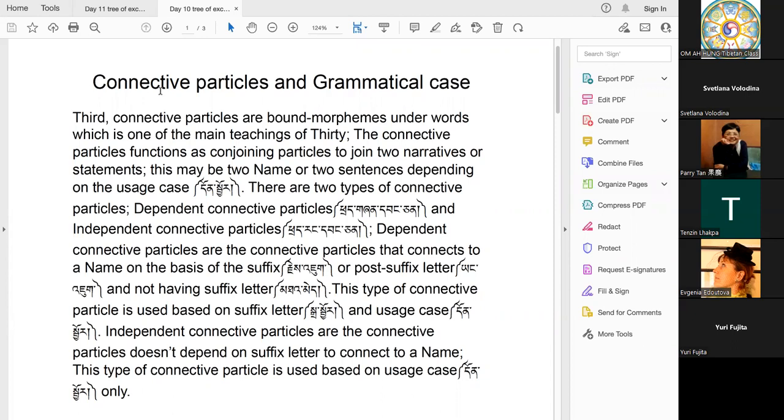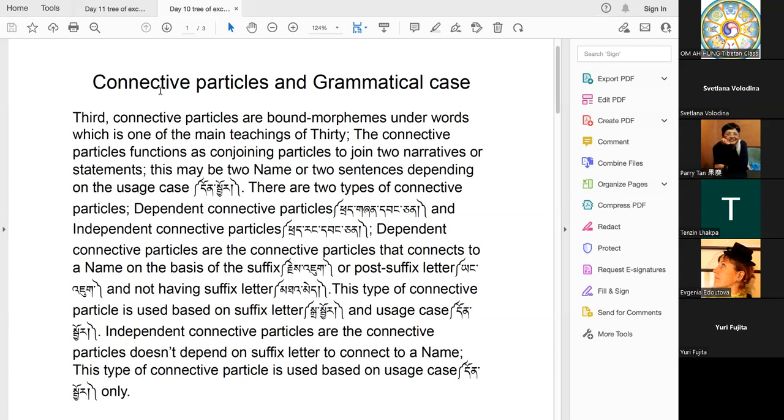And another thing that I wanted to clarify is that there are many particles in Tibetan. Not all the particles are connective particles, and some may be connective particles but are not in the 30. And these will be discussed thoroughly after this text. And if some other connective particles come along, and at the same time if I remember these, then we are going to do it alongside those particles. Otherwise, everything will be done after the 30, after the Tree of Excellent Speech,